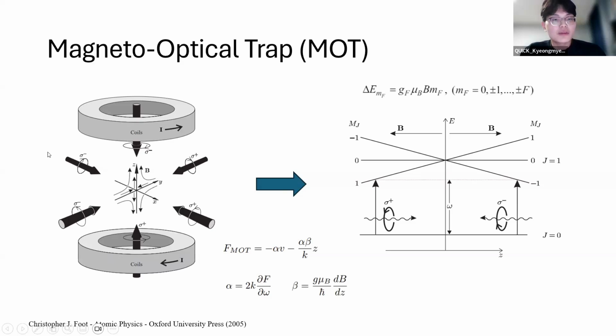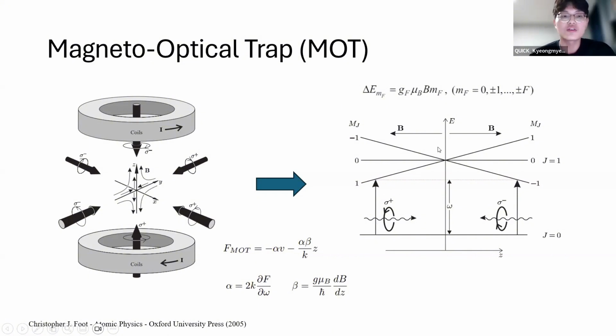You need 2 lasers for each degree of freedom to compensate for the Doppler shift in the atom's reference frame. And this magnetic field by the coil causes the splitting of energy level, delta E, shown here, which is also known as the Zeeman effect. And following the selection rules associated with the magnetic quantum number MF and the polarization of light, you can use the red detuned lasers that are circularly polarized, as shown here, to access the shifted energy levels and effectively